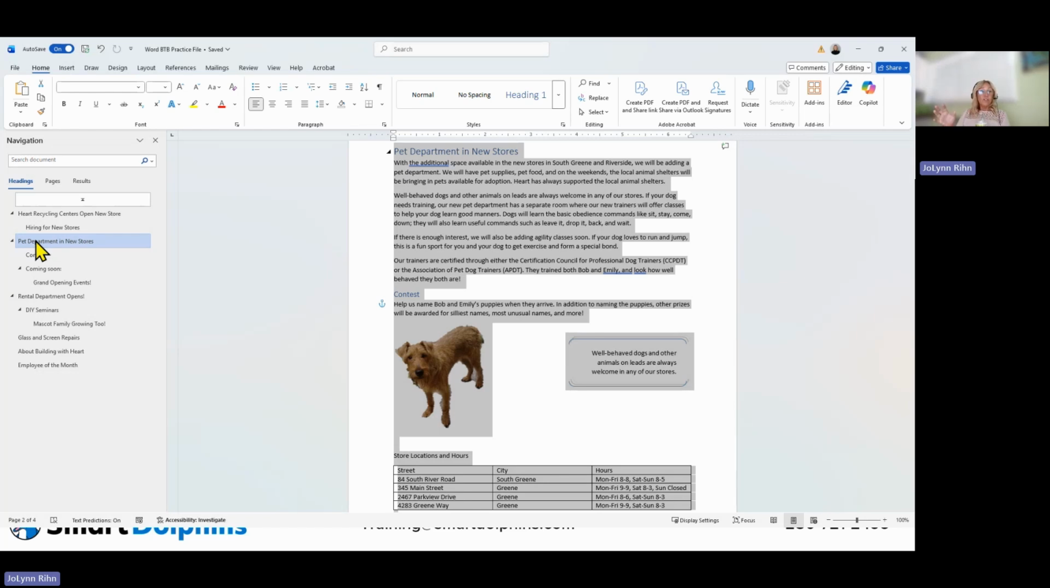So it takes that whole section and will move it to wherever you drug it to within that navigation pane. So if you are a Microsoft Word user and you have not been using that feature, highly recommend it. Highly recommend it. But let's go back and talk a little bit more about those styles, because when we are